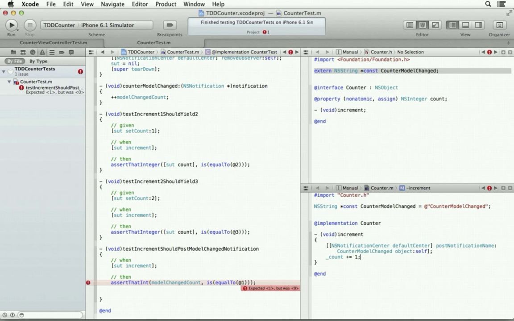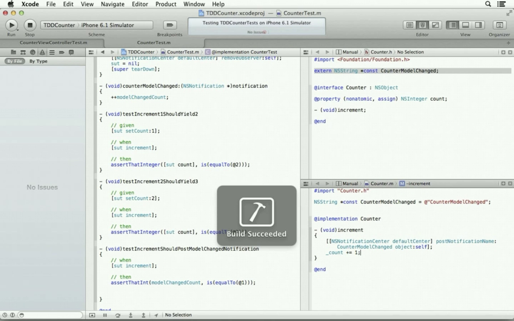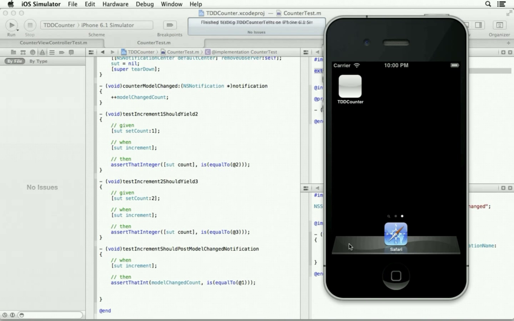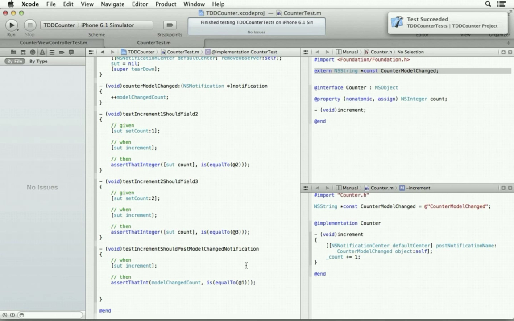Yeah, it is wrong, but it will pass the test, I think. Let's see. Command U. And it passes. So now we know the test is receiving the notification posted by this method. Now this is wrong. All that means is that we're missing a test.